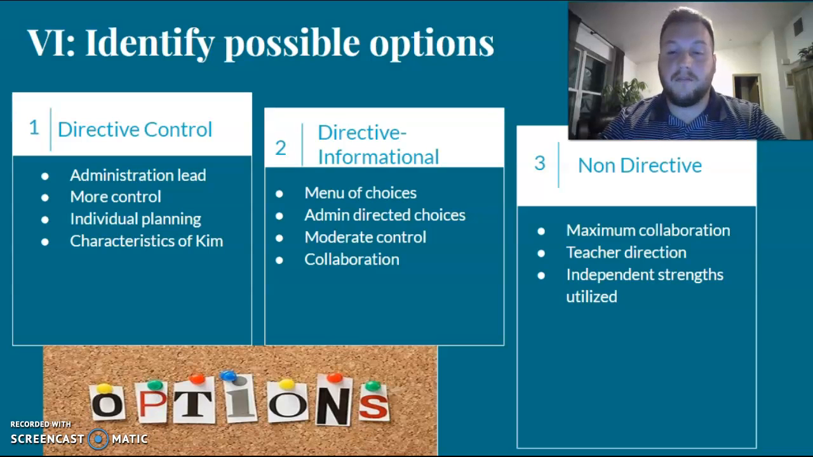The next up is the mid-level decision. That's the directive and informational decision. It allows administration to make direct choices. They might have a menu of options for what they're going to do, the avenues they're going to take, and how teachers can accomplish this. It allows for moderate control, but it still enables some collaboration. Looking at the non-directive, this is the maximum collaboration. This is all teacher directed. It allows each teacher to use their strengths, and there's less control by admin in this